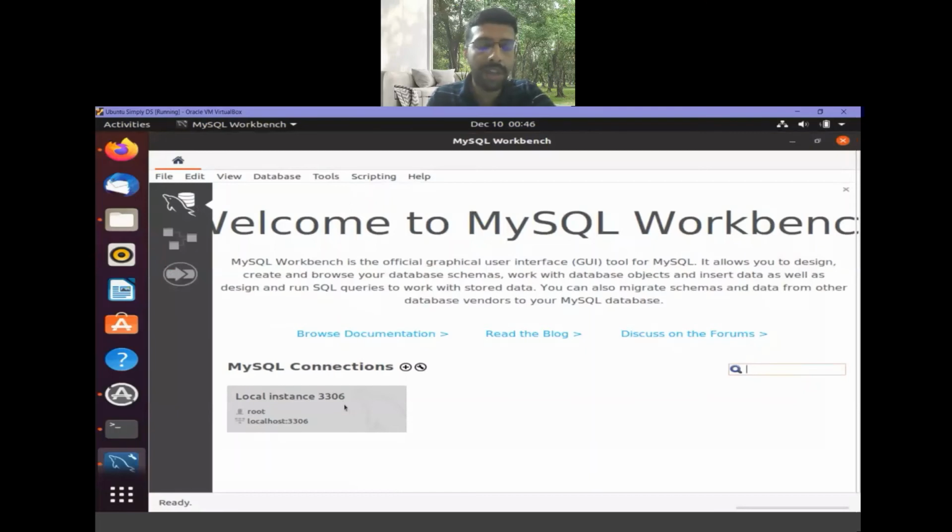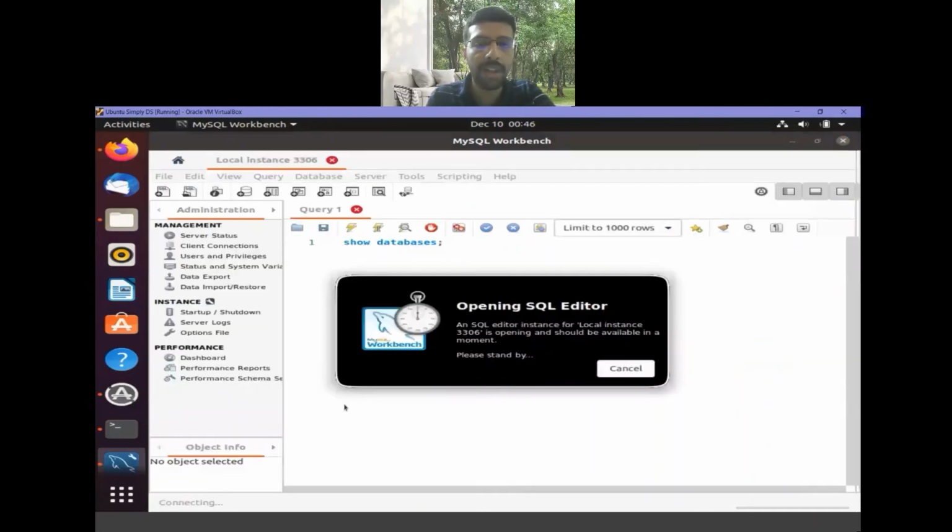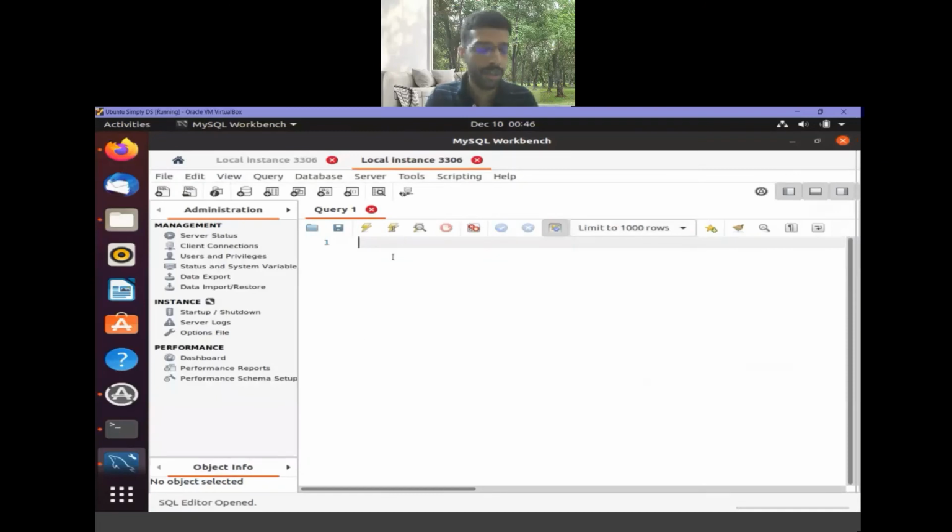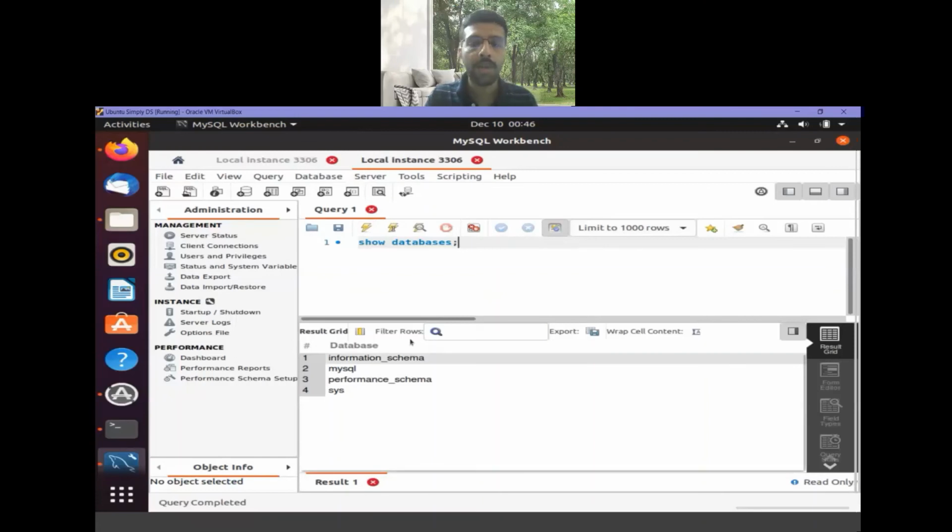Enter the same data science password that we gave here, or whatever password you gave. Once the password is entered, you will be taken to a query window where, if we enter the same query like show databases, I will get the same output that we saw in the shell. So that concludes our